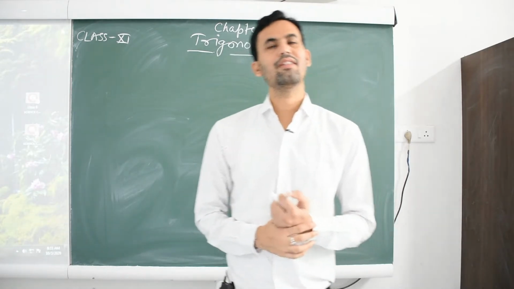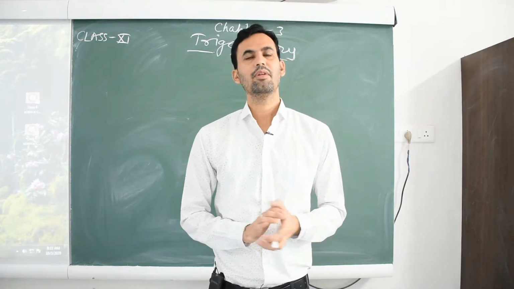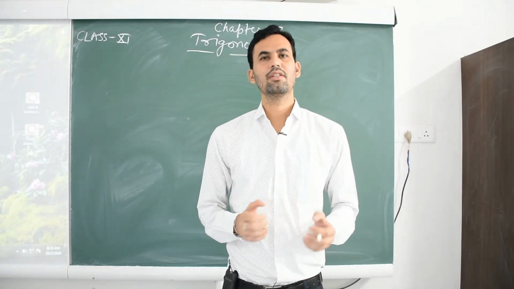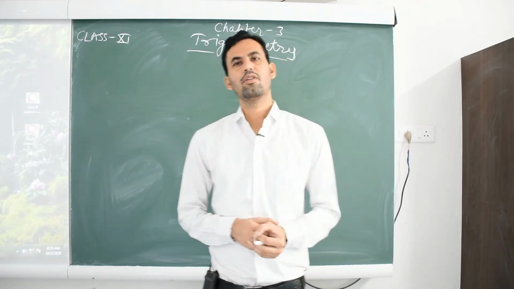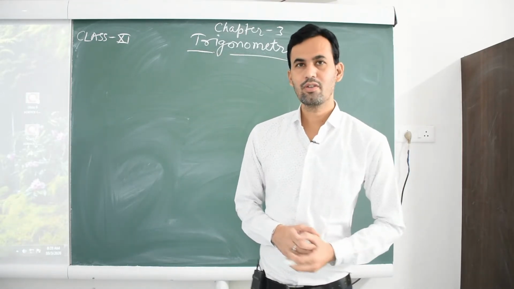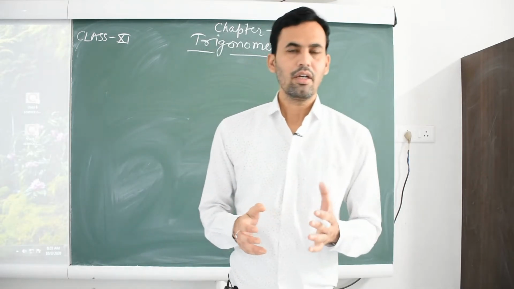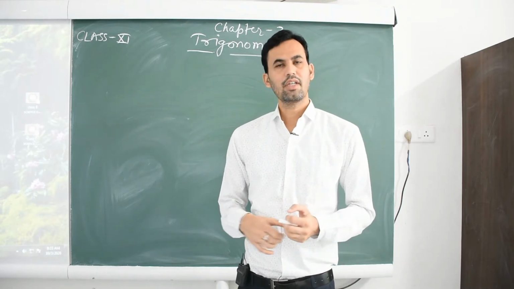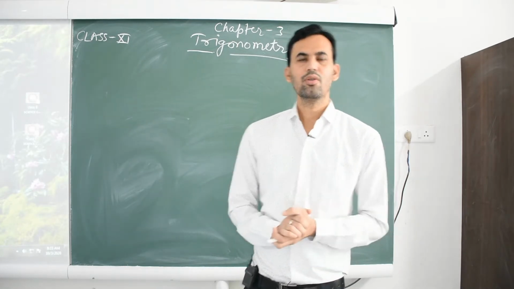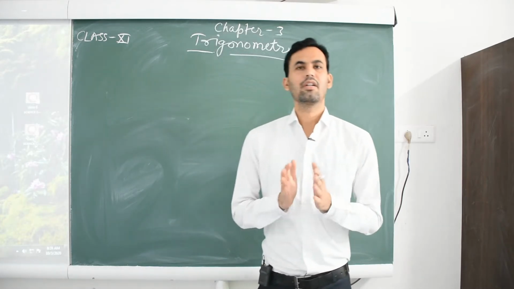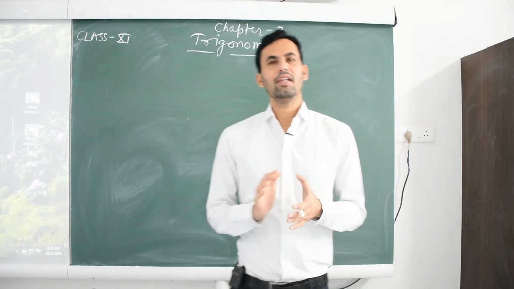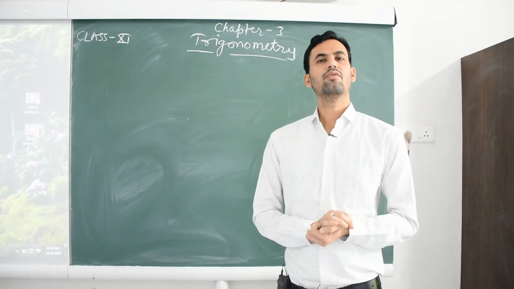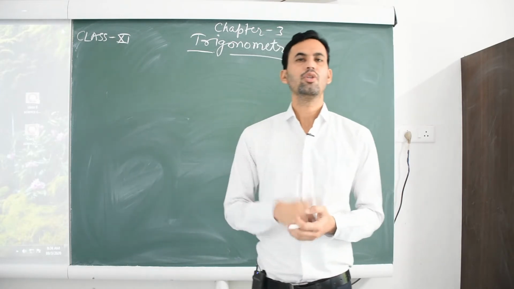So you all students are familiar with this concept of trigonometry, because in 10th class you studied two chapters of trigonometry: some applications of trigonometry and the general topic of trigonometry. So what is trigonometry? Trigonometry is the branch of mathematics which deals with the measurement of the sides of a triangle and angles of a triangle. So in trigonometry, triangles are very important, and angles are also important. So today we discuss the conversion of angles, which are in two types.